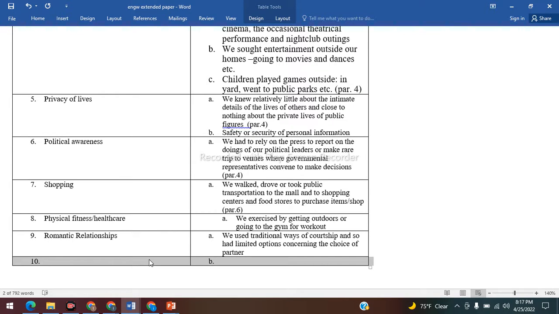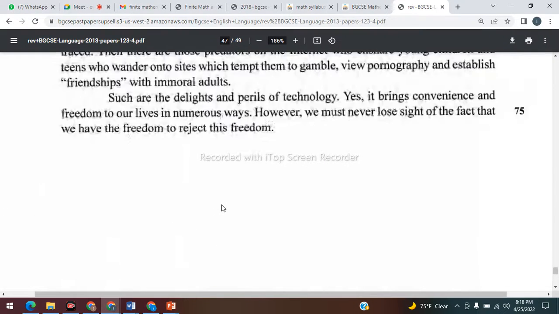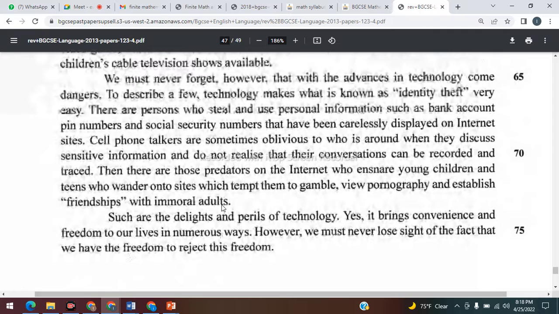And then formerly, in past times, the exploitation of children was not easy. Children were better protected, sheltered, monitored. But nowadays, with the advancement of technology, as was mentioned in the passage, when they talked about how children are being preyed on on the internet,